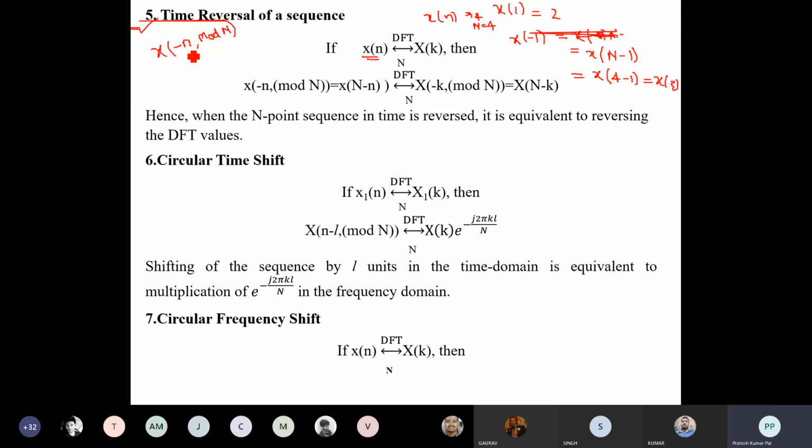x equals to minus n, then it should be done with circular shift. So whenever we do a circular shift, we write a comma and mod of the maximum number of points. So in this signal, if there are 4 points, then that will be subtracted, whatever value is there. So if we need to find out x of minus 1, then we will subtract 1 from the 4 total number of samples, that will be x of minus 1 equal to x of 3. So finally the same is represented here in the form of mathematics.